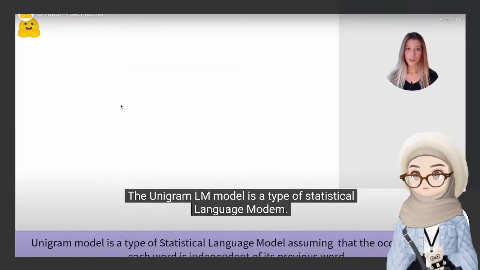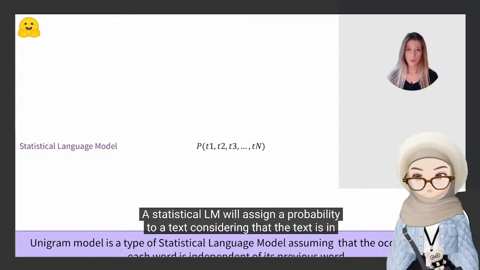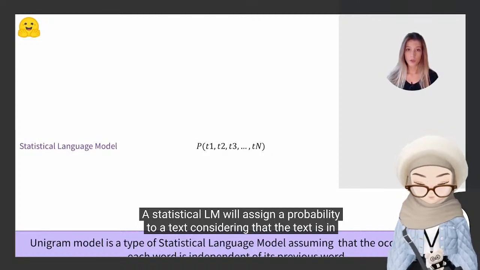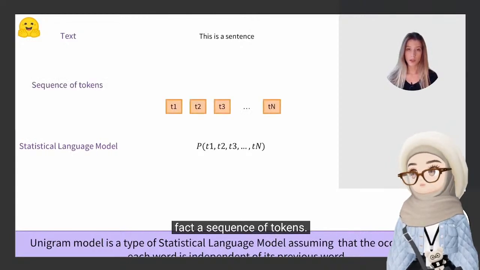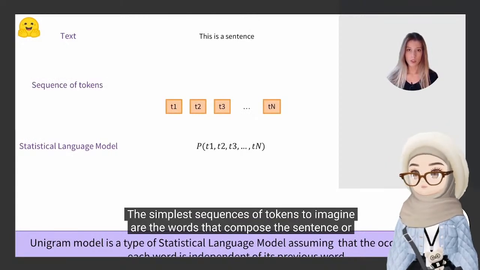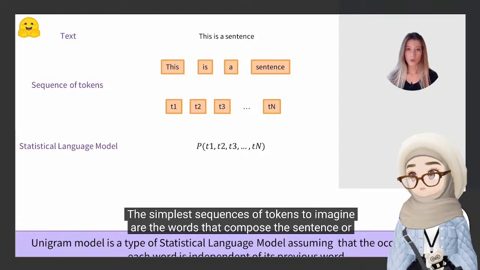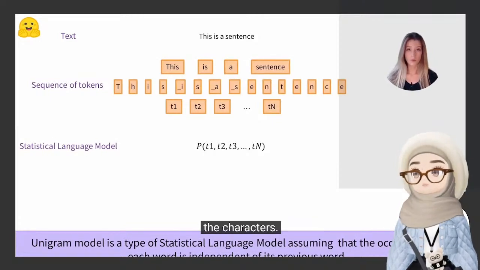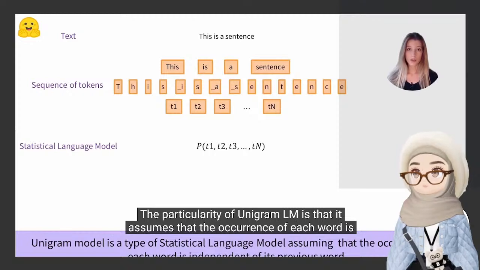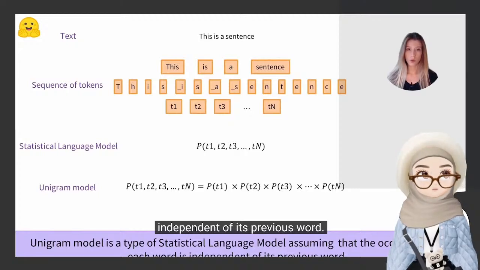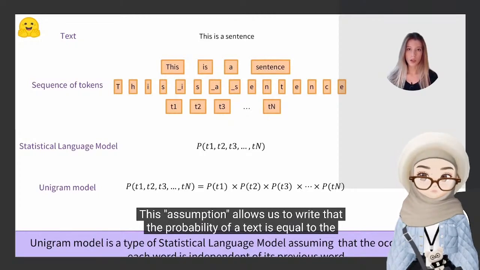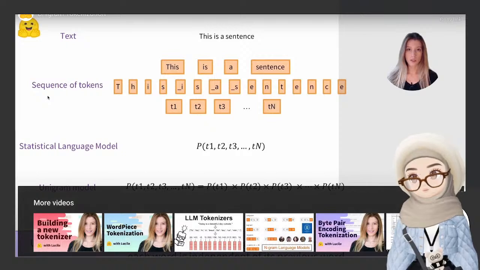Unigram language model is a type of statistical language model. A statistical language model will assign a probability to a text considering that the text is in fact a sequence of tokens. The simplest sequence of tokens to imagine are the words that compose the sentence or the characters. The particularity of Unigram language model is that it assumes that the occurrence of each word is independent of its previous word. This assumption allows us to write